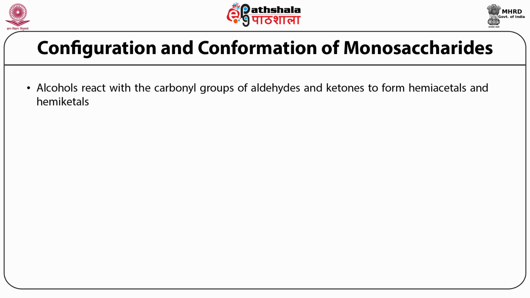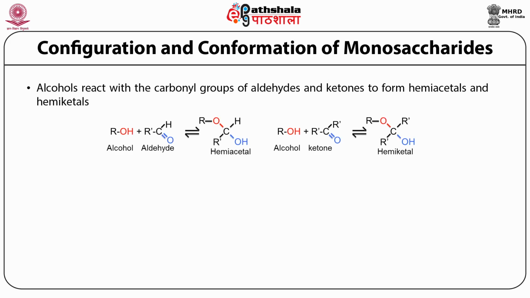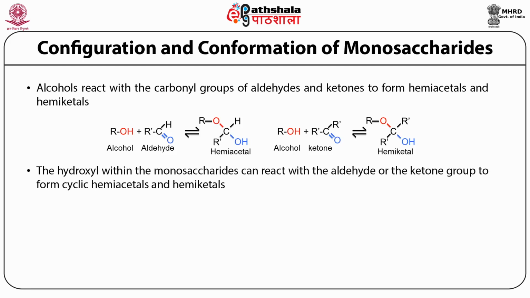So, analogous to this situation, if we look at the structure of a monosaccharide, we know that both kinds of these groups exist in a single sugar molecule. For example, if you look at fructose as shown here or glucose, you know that there are multiple hydroxyl groups present within these two monosaccharides, and there is a functional aldehyde group or a functional keto group in fructose and glucose. So the reaction between the hydroxyl and the aldehyde group or hydroxyl and the keto group